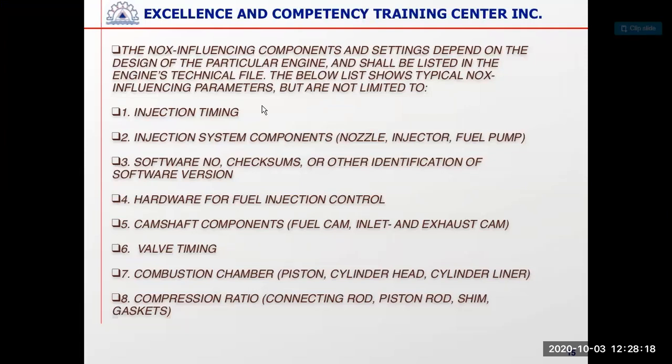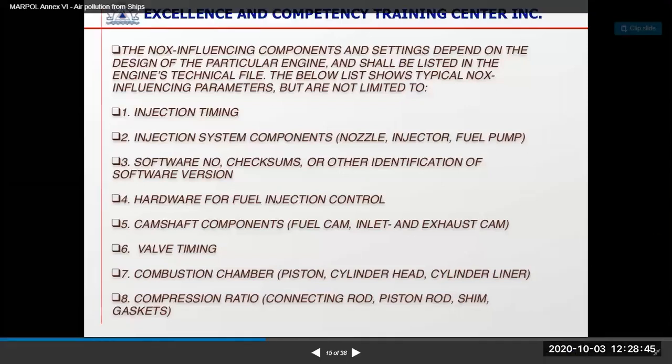Then your camshaft components, inlet and exhaust cam, then valve timings, how much timing the exhaust valves are closing and opening, combustion chambers inside your cylinders, piston, cylinder head, and cylinder liners. How are they? What is the compression ratio? How much the connecting rod, piston rod, and shim gaskets they are getting moving, and timings and all, and how